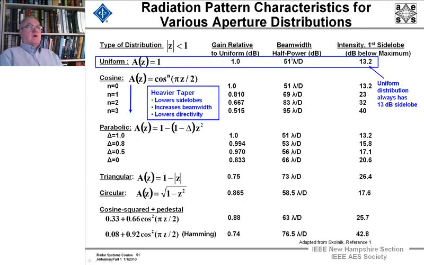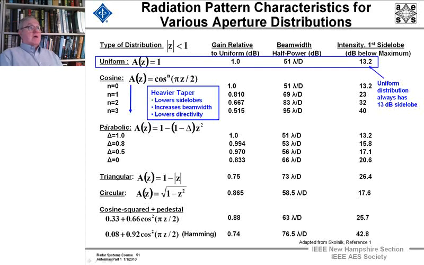And this shows you the half-power beam width, and notice the uniform is 51, and this shows you how much over the 51 lambda over d you are for your beam width. And the first side lobe down, you notice like our Hamming weighting, cosine squared on a pedestal is 42.8 dB down,